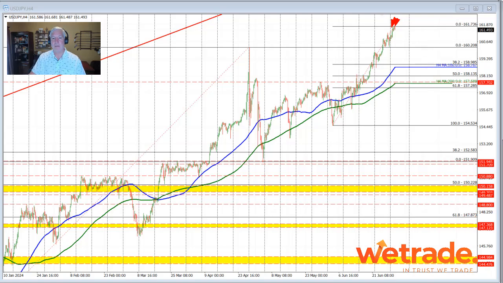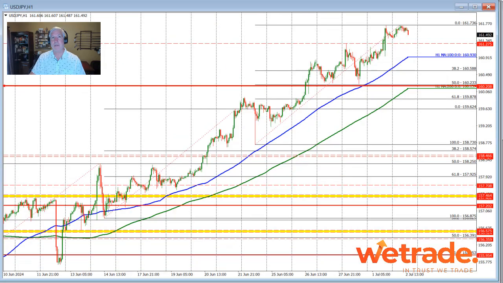Let's dig down a little further and take a look at the hourly charts, because when you are trading at new record levels, it's where the market changes its spots, if you will, where the sellers start to win a battle or two or three. And so when you look at the hourly chart, we have the high price that we saw from Friday's trade at